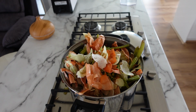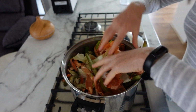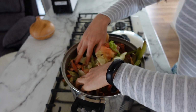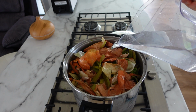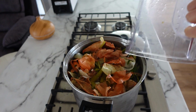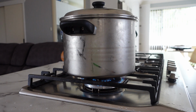Once you've added all your vegetables into the pot, and I actually had a lot of food scraps that I've been saving, I think it's been at least 6 months since I started saving these. It was a bit big, so I just had to push it down, but you're just going to cover it with water, and I'm using filtered water, so I had to fill up the jug a few times to fill up the pot to cover everything. So once you've covered everything with water, you're just going to push it down, make sure it's all nice, and then you're going to turn on your stove and start simmering and boiling away